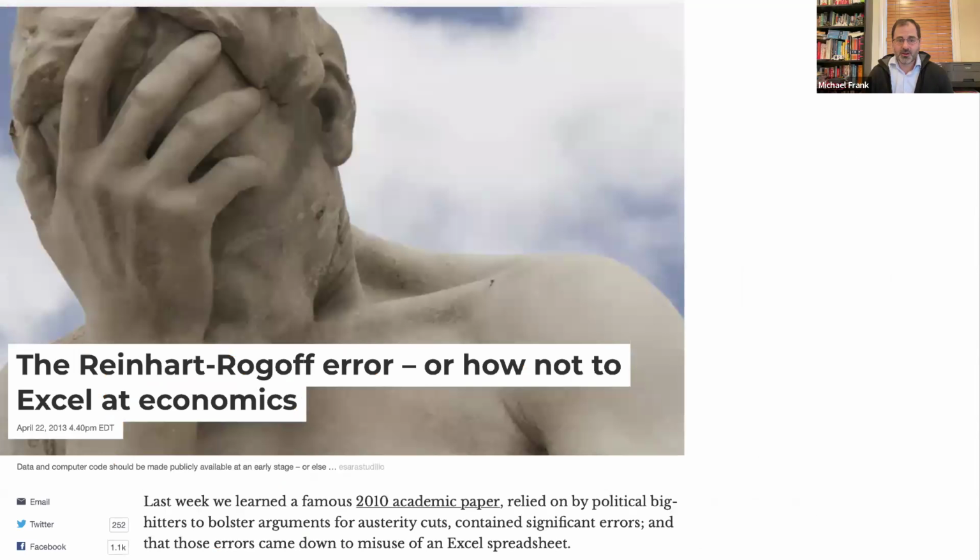but I'm not alone here. One example of this that was immensely consequential was the Reinhart-Rogoff error. This was an improper formula in an Excel spreadsheet. The spreadsheet was created by 2 economists who were arguing for austerity policies right after the Great Recession. The data, due to the Excel error, appeared to support austerity policies, and many European nations embraced them. Unfortunately, it was just an error, and it wasn't clear that austerity was in fact a good idea.